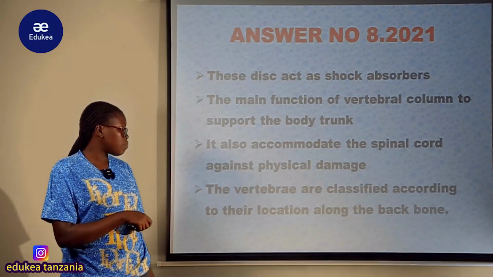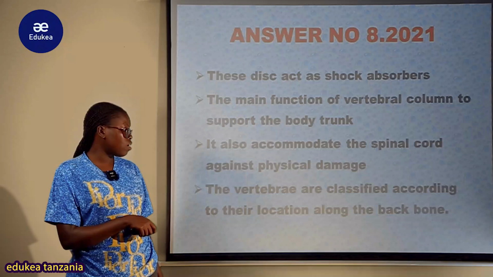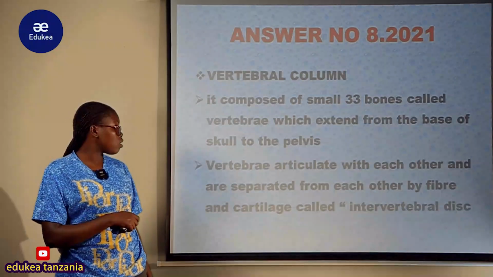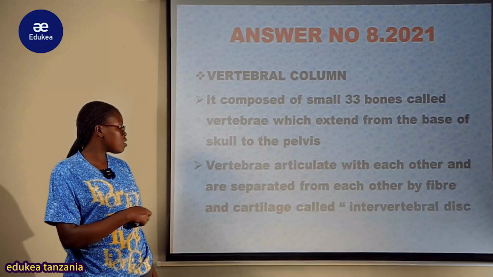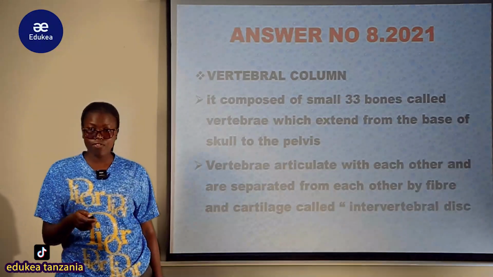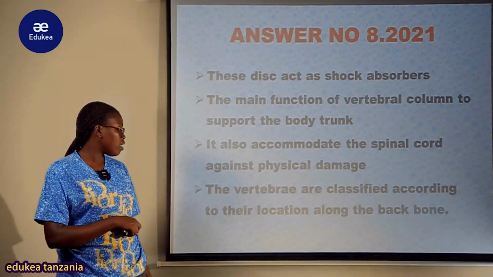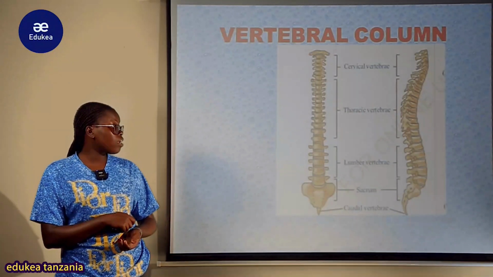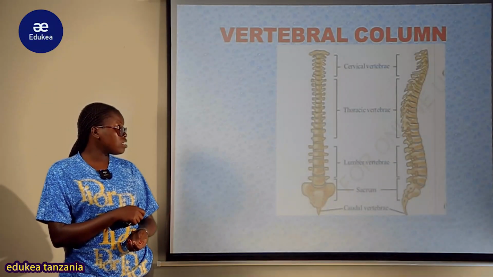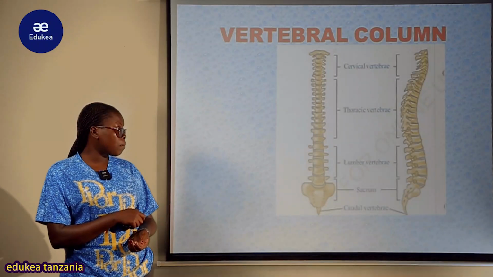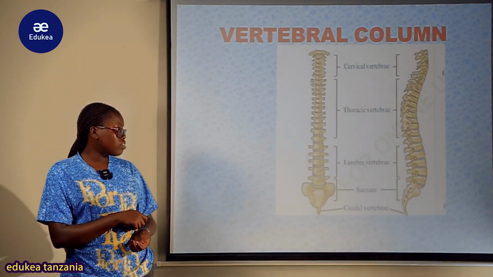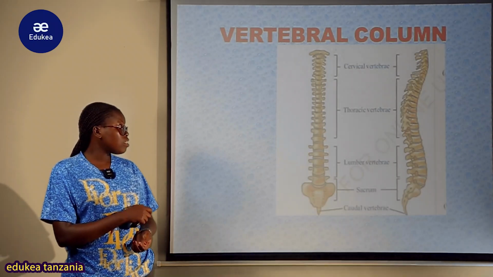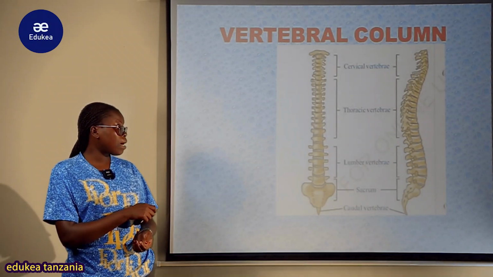Vile vile the vertebrae are classified according to their location along the backbone. So this vertebrae tumeziona kwamba zinatengeneza this spinal, these small bones which are called the vertebrae, they are classified depending to their location along the backbone, ambapo kuna hapa ndo structure vertebral column, ambao within them kuna hizi hapa hizi pingili hapa ndo vertebrae, ambapo kwa ndani hizi hapa ndio the vertebral disc ambayo saidia katika shock absorbing, na within them kuna hizi pingili, hizi ndo vertebrae ambapo